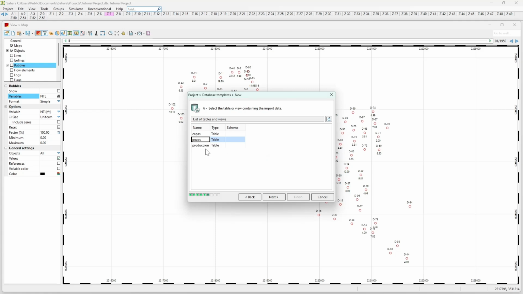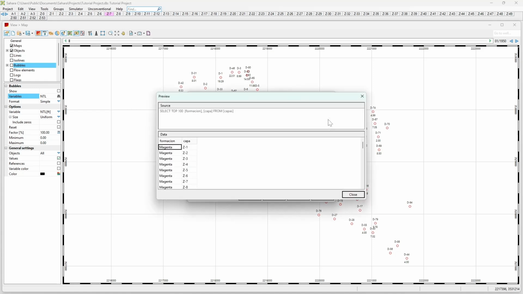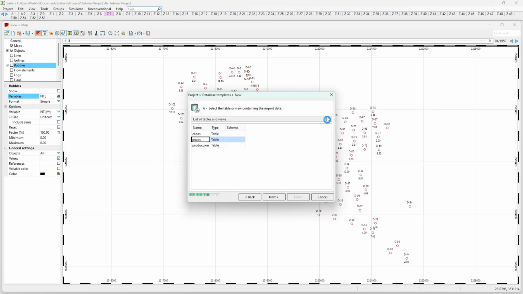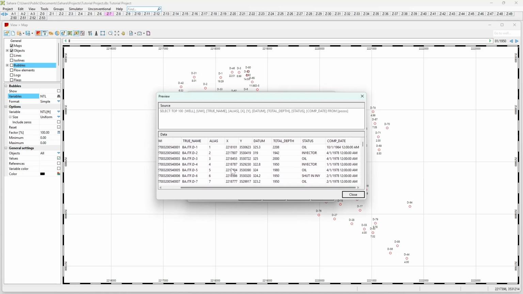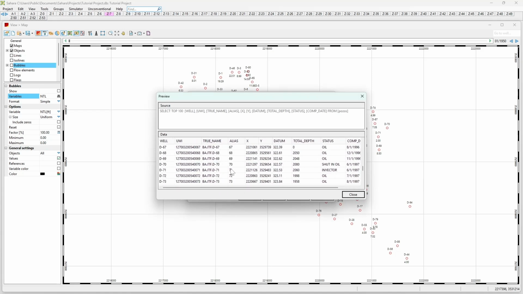And in this sixth step we will decide which table we want to associate to the database. In this case we have three different tables. We can check with this button to see which information is in each table. We see here that this is not production, so it's not what we are looking for. Here in Posus we have just the object data, which is already imported in the file, so we don't need